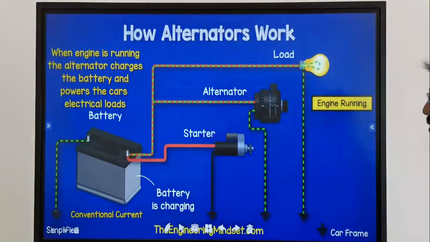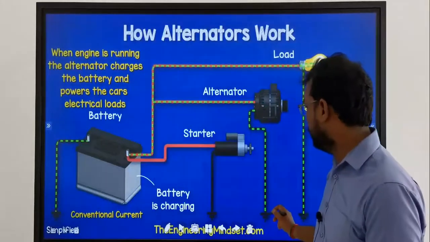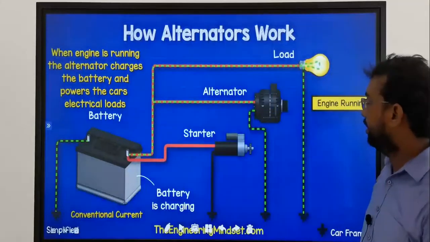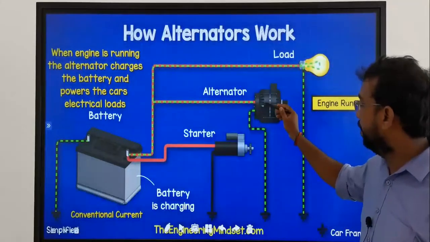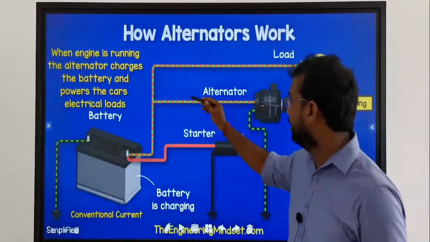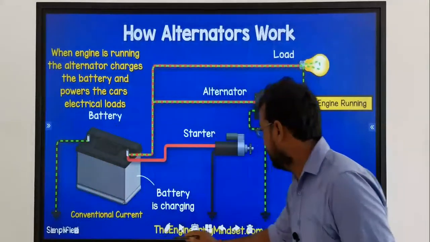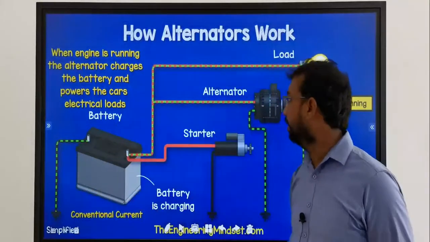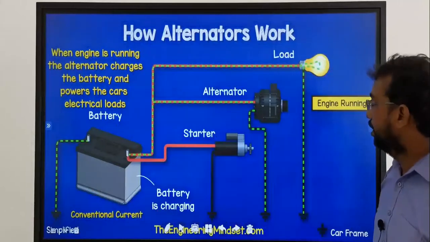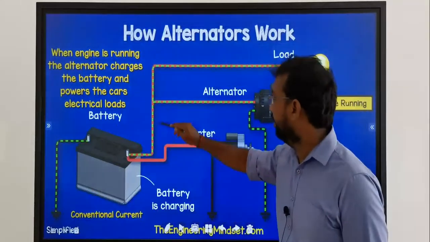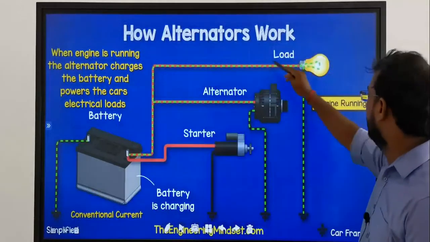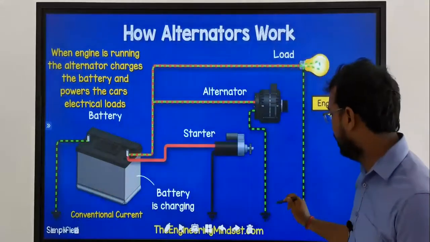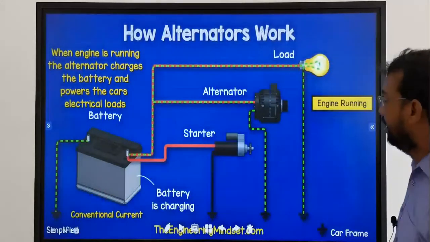So every part must complete the circuit. That means here also it is grounded to the vehicle metal parts. Here also grounded. So the charging goes like this, and both are grounds, so there is a complete circle. When the accessories work, the current goes like this, and the ground also connects with those grounds, because all the grounds are also connected to each other.